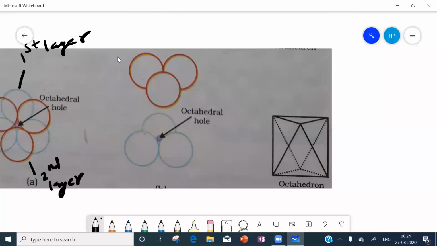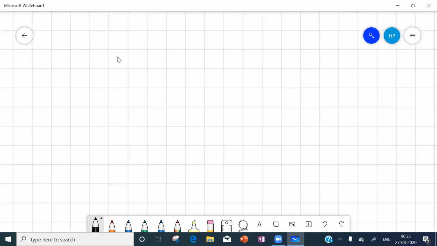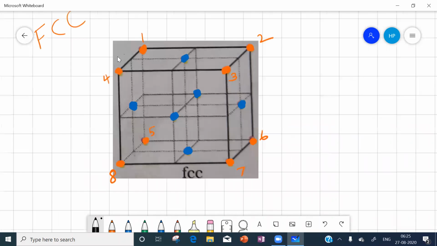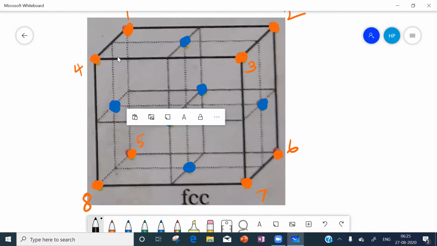Therefore, to get an octahedron, we want 6 constituent particles: 3 particles in one layer, 3 particles in another layer, like this it should be present.